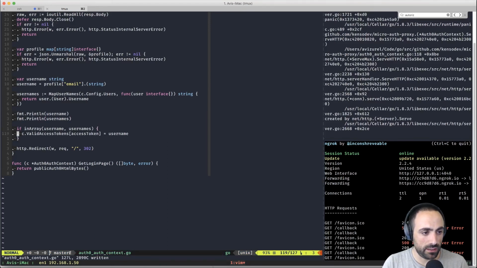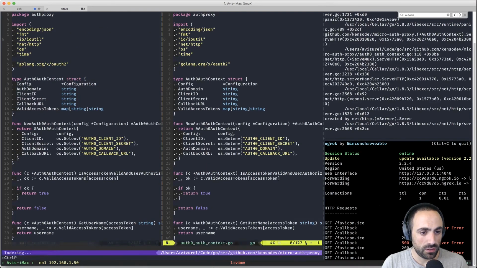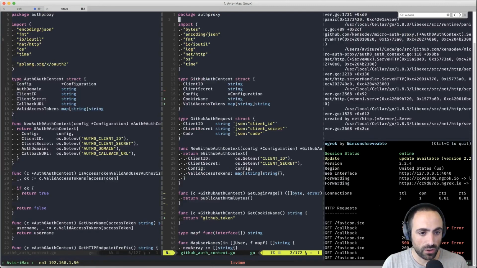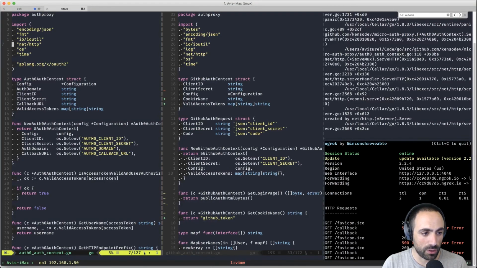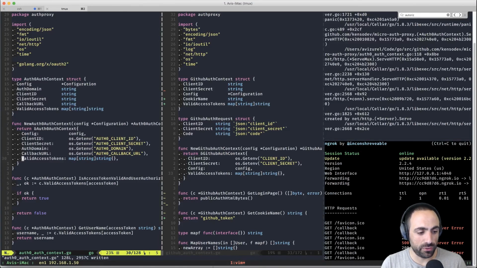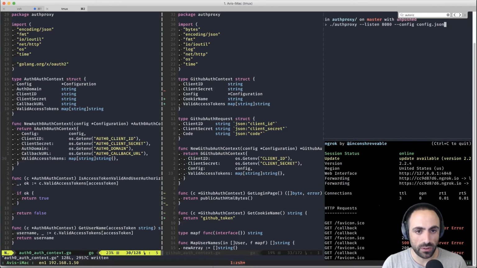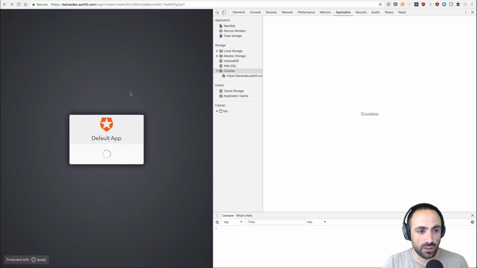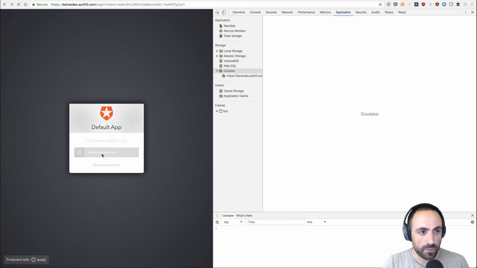And then c.valid access tokens. So GitHub Auth Context. Oh, you know what? This is the problem. Why would this return a 403 though? So build here. So I forgot to initialize the authentication proxy. I forgot to initialize the valid access tokens.